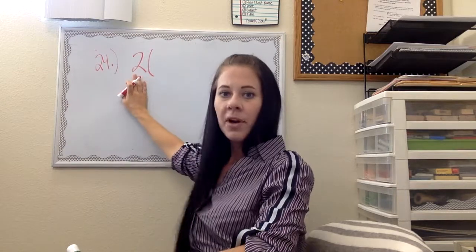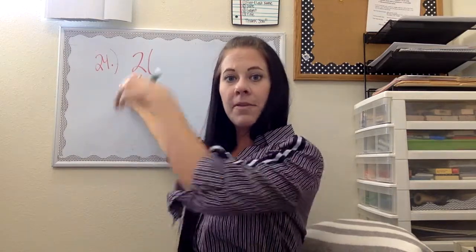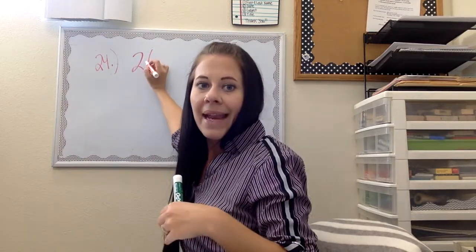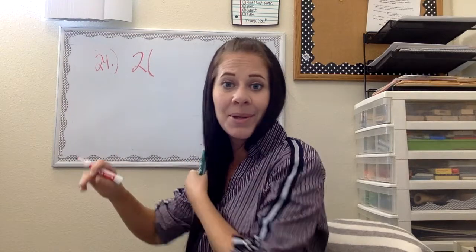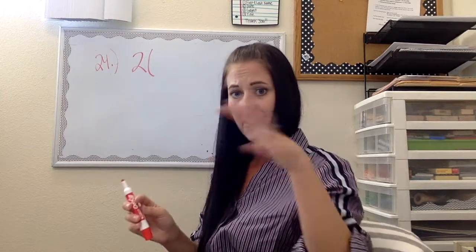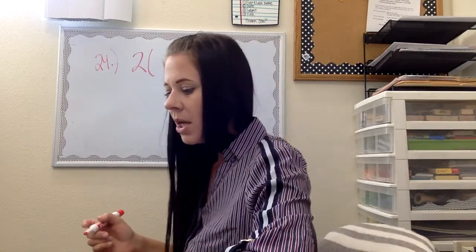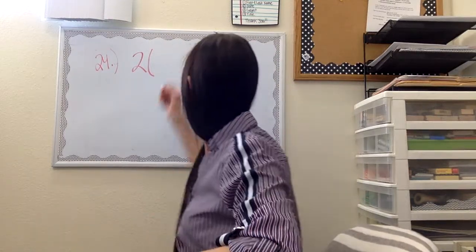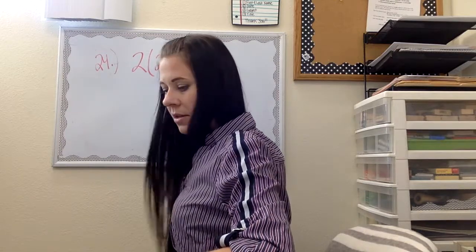When I write a number in front of parentheses, I'm multiplying to everything on the inside. I don't need to write X here. Okay, they do in the book, but you know what? That's very elementary, and I think you guys are ready to start seeing it the way you're going to see it in the future. So, like I was saying, 2 times 24 plus 7,